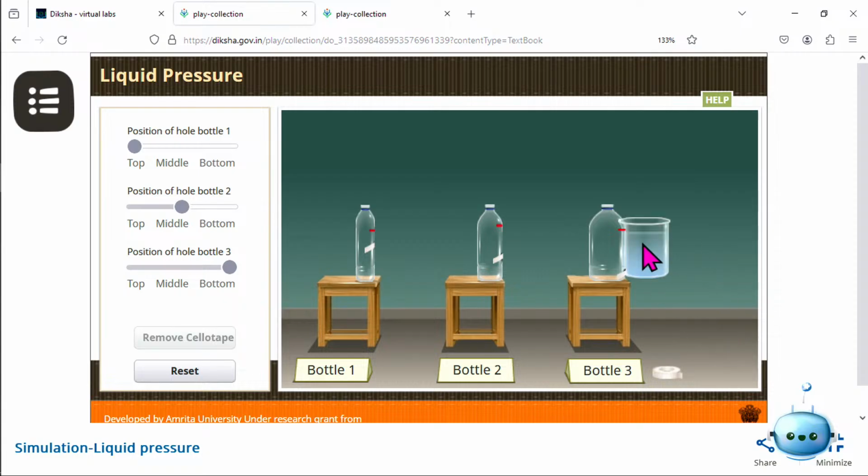Now we have to fill these bottles with water. All these steps are written in the procedure, and as I have already said, you can click on help and those steps will appear like I had shown in the beginning.